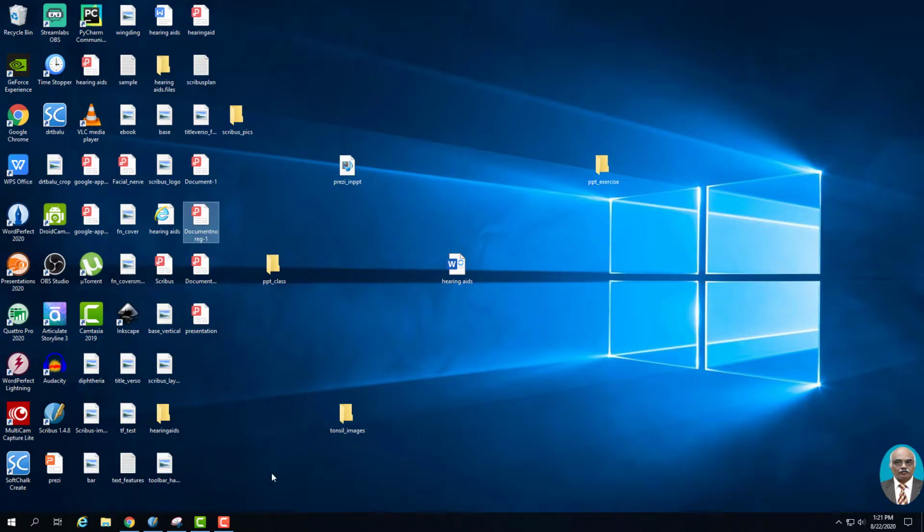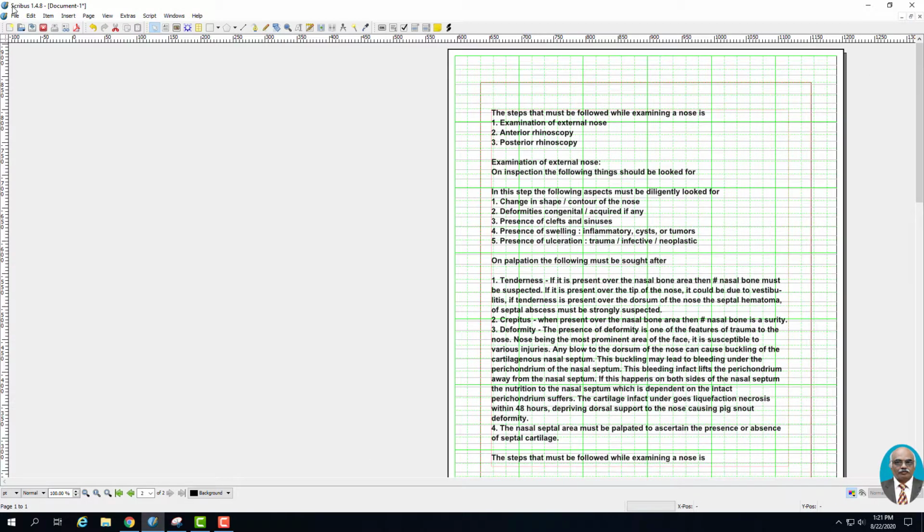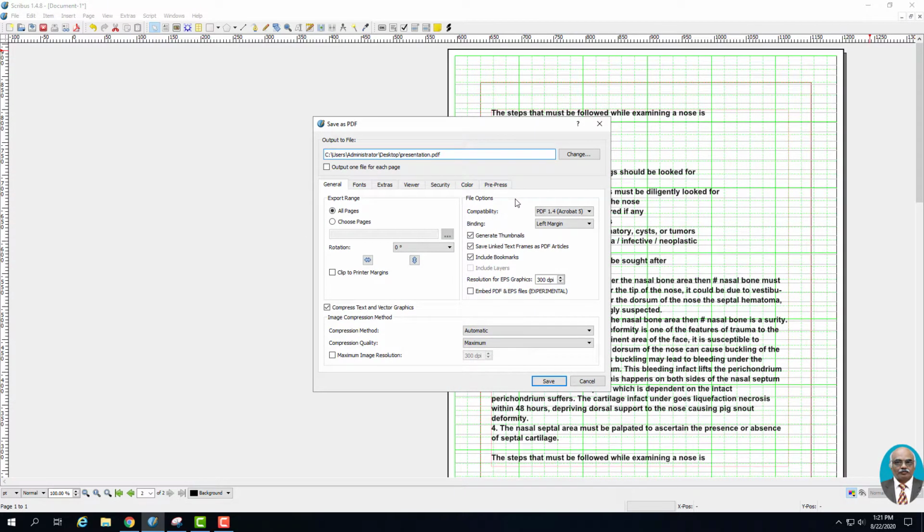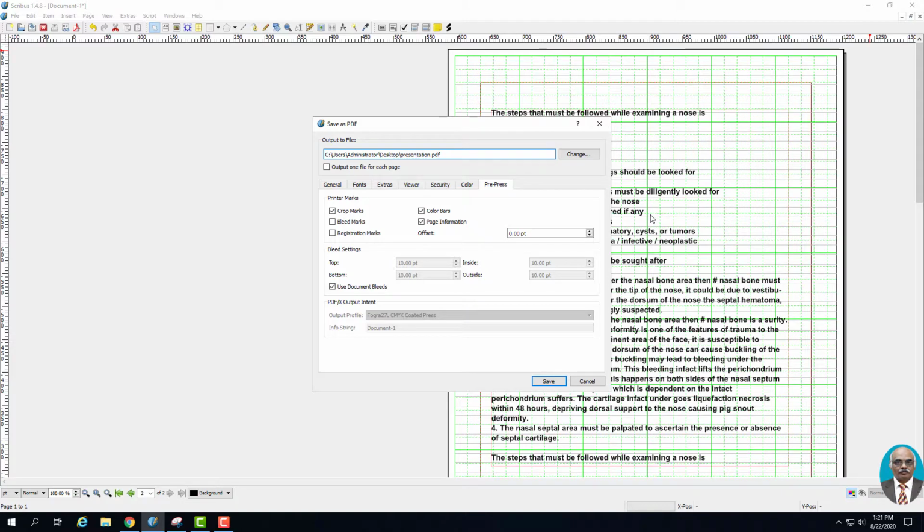So you can allow these settings to be set in the prepress, and then you can also set the bleeder by default. Here itself, on the fly, you can set the bleeder, but the problem is that if you set it on the fly here, it is set at 10 points, that is the default bleeder value.